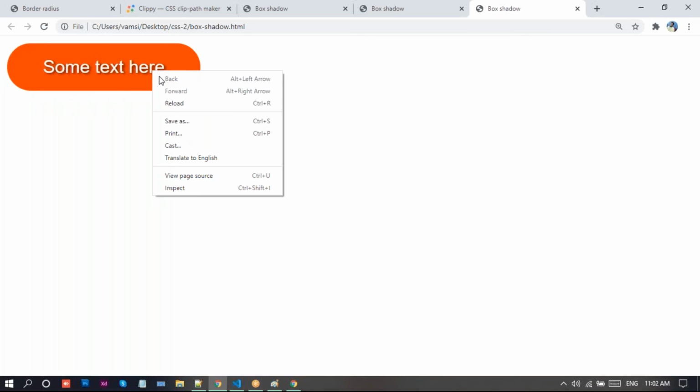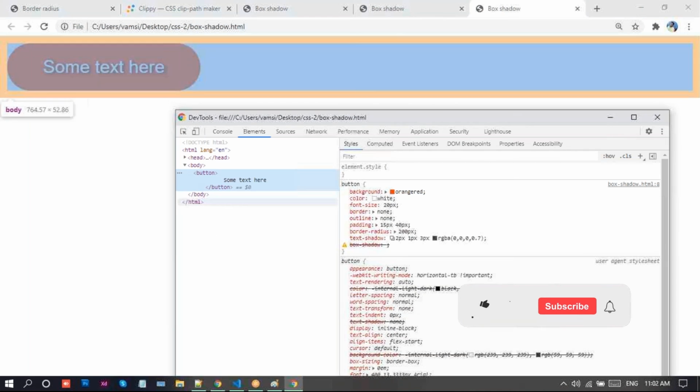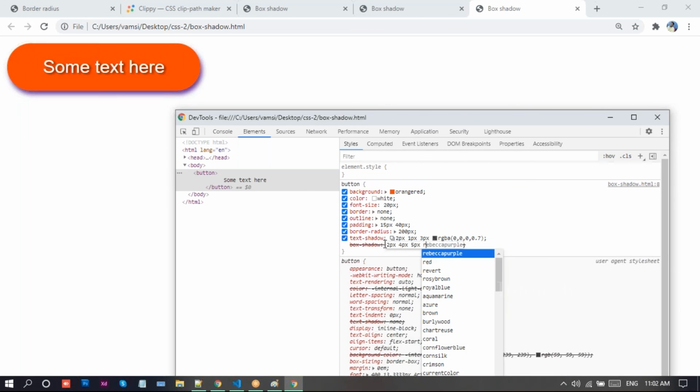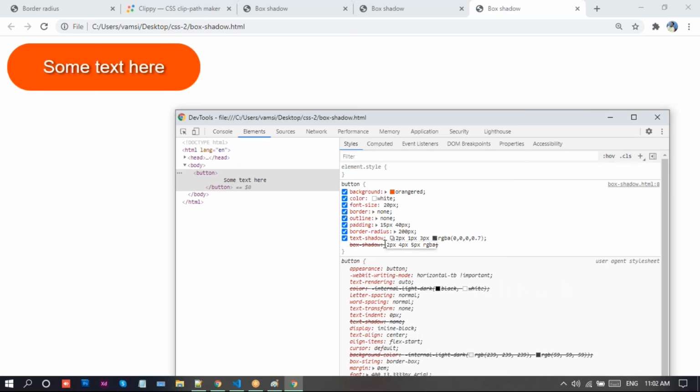Now go to inspect, and for the box shadow, I'll just apply 4 pixels, 5 pixels, RGBA 0, 0, 0, 0.3.